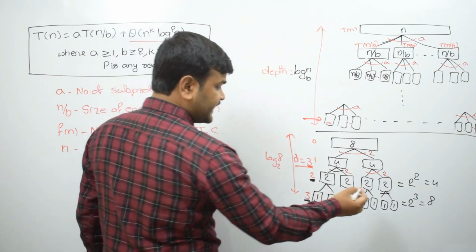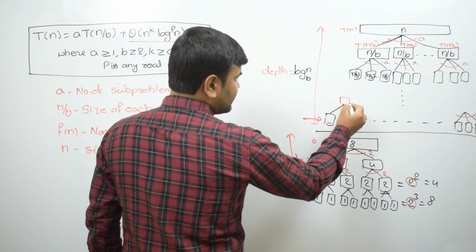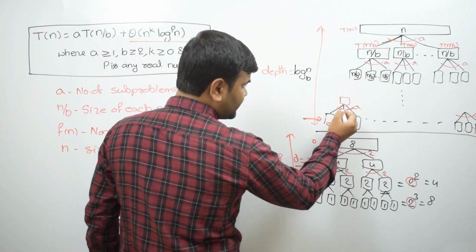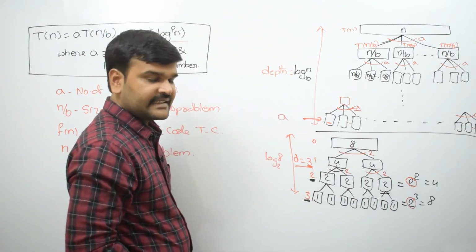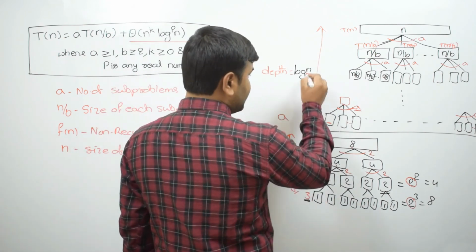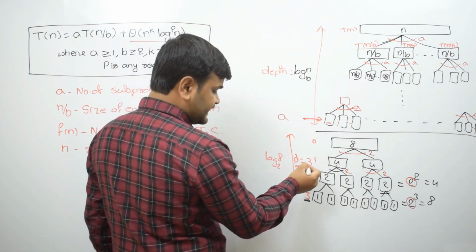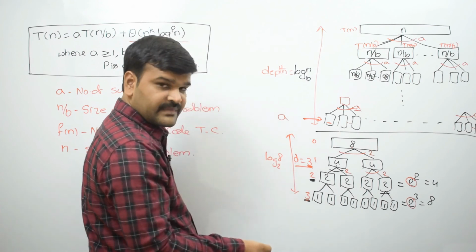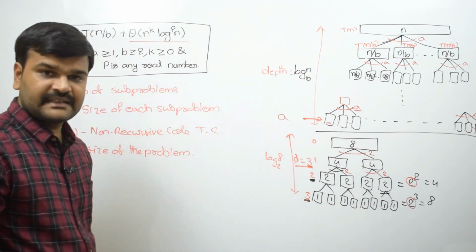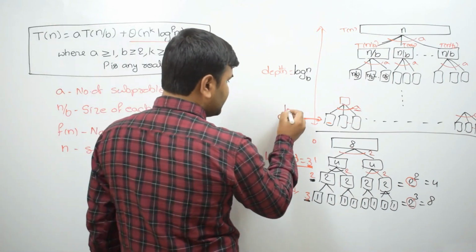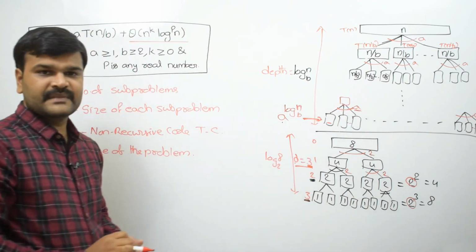Okay, so here what we have written in the base: each problem is divided into how many subproblems? A subproblems, that is what A power. Then you are at which level? Log n base B level, that is what, right? Depth is 3, that means this is the third depth. That means at the log n base B depth, how many nodes will be there? So A power log n base B nodes will be there, is it or not?